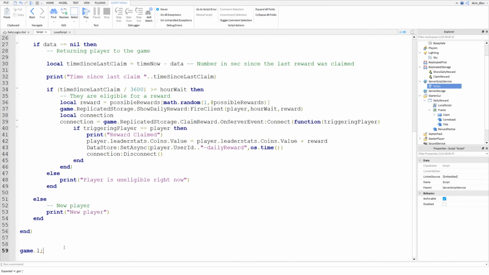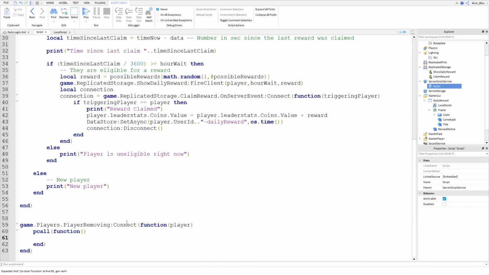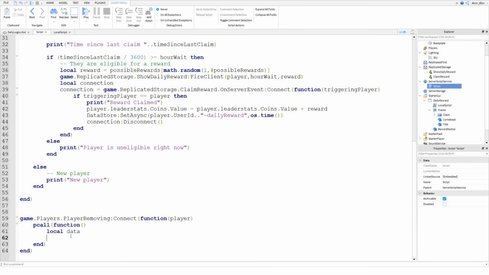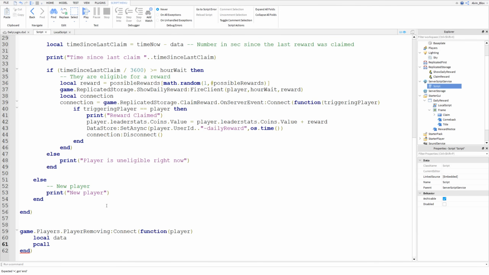So we can say game.Players.PlayerRemoving:Connect(function(player), and this will be the player that leaves the game. Obviously, we don't know their name again. Now, all we want to do is have a pcall function here, because we want to get the data again. So we can say local data, and in fact, what we'll do, we'll just get rid of this pcall, we'll do local data outside of it, and then we'll do pcall function,